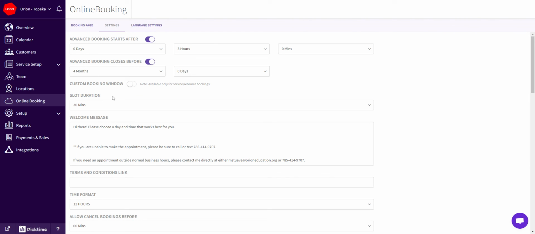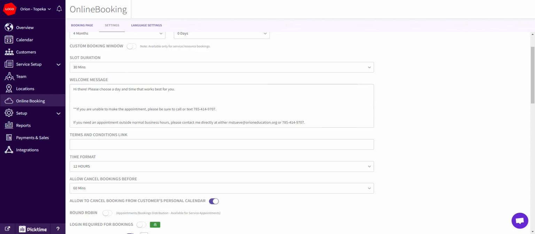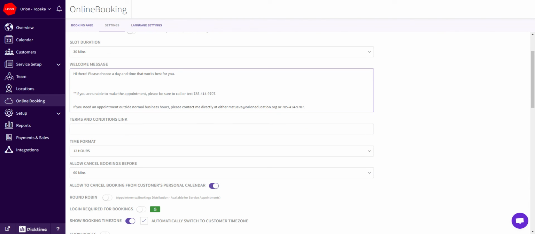A slot duration is the time interval that students can schedule by. So if my day was completely open, it would start at 8, 8:30, 9, 9:30, 10, 10:30. But if it was every 15 minutes, it would be 8, 8:15, 8:30, 8:45, 9, 9:15, and so on. This is also where you choose your welcome message. It takes a whole bunch of these line breaks, these enters, to get it to where it even